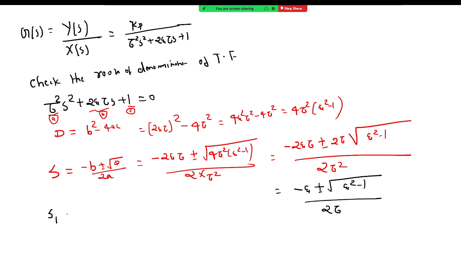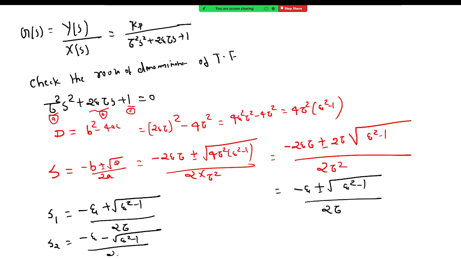So you will get S1 equal to minus zeta plus root over zeta square minus 1 divided by tau, and the second root S2 is equal to minus zeta minus root over zeta square minus 1 divided by tau. Is it clear? Sorry, the 2 will get cancelled out, so here only tau will be there. So you have got the roots of this particular quadratic equation, and these are called the poles